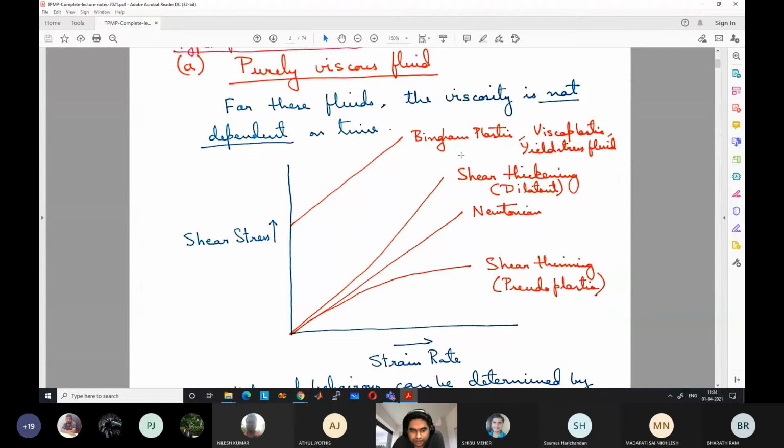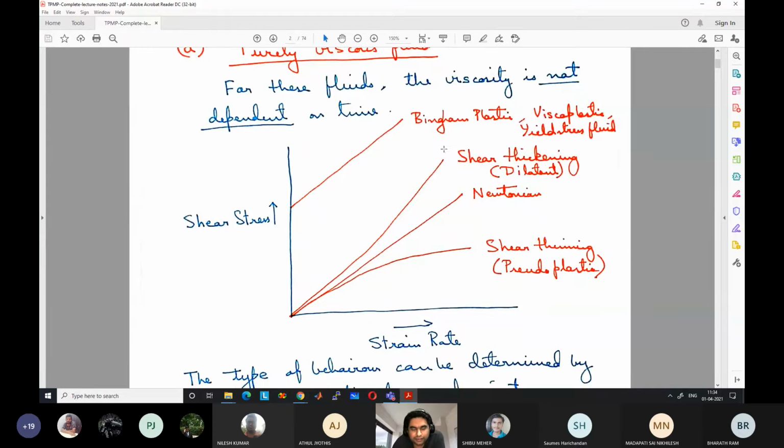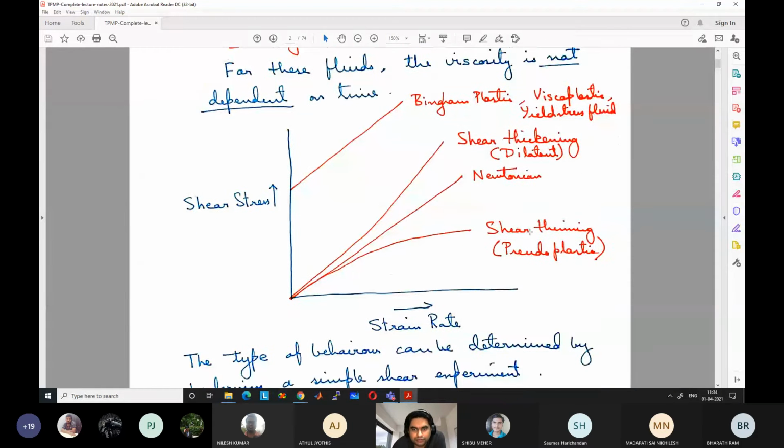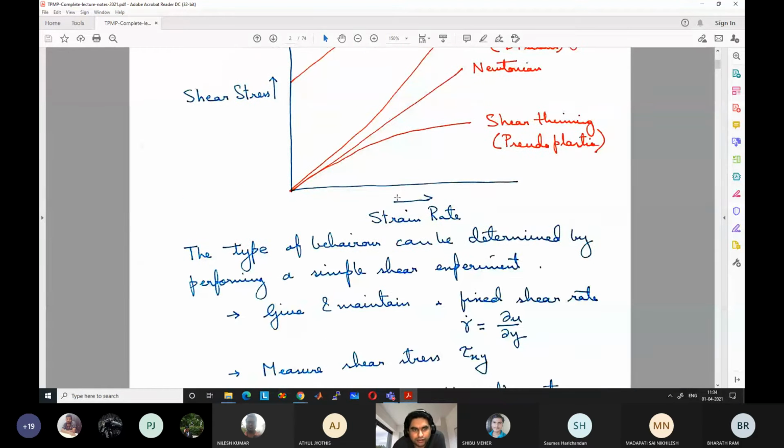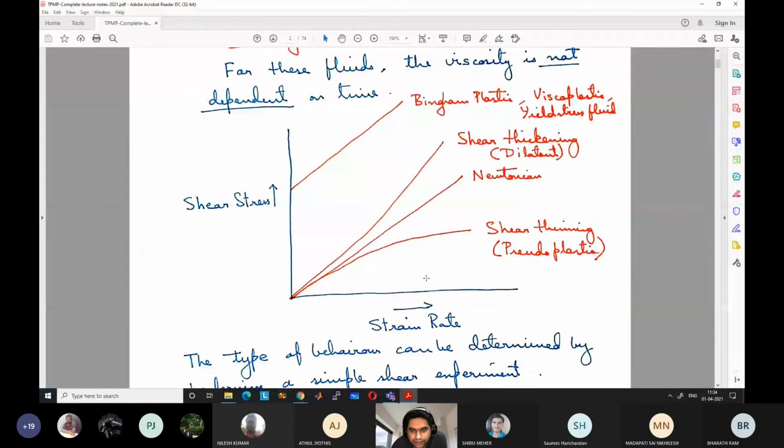I will come to this graph in a minute. Or let me just first explain the graph. This Newtonian fluid can be represented by a graph in terms of stress versus strain rate. Strain rate is change in velocity in a certain direction, like change in u velocity in the y direction. Strain is deformation, right? Rate of strain is rate of deformation, which is like a velocity. So change in velocity in a direction is the rate of deformation.